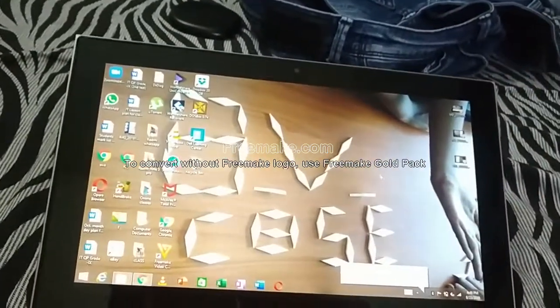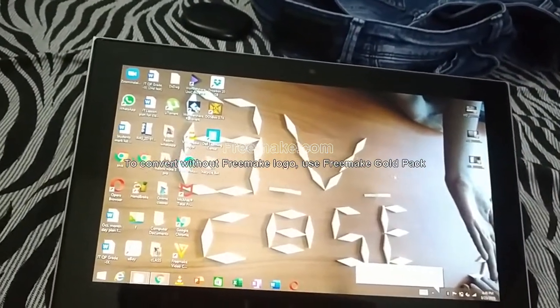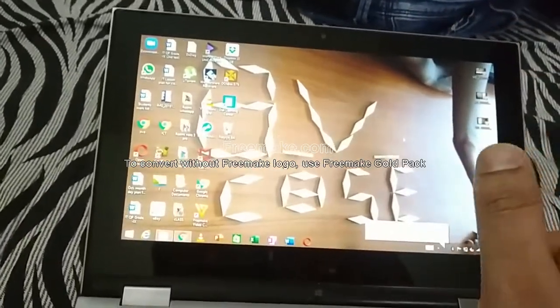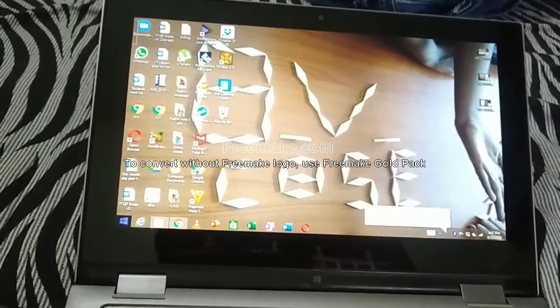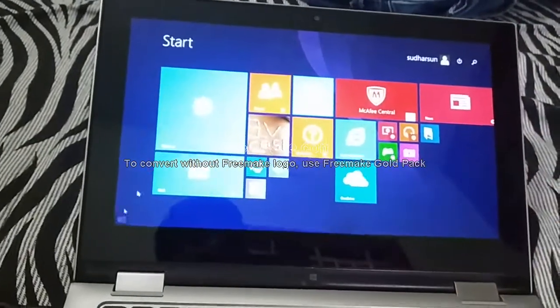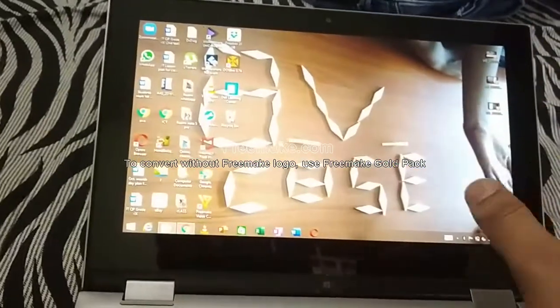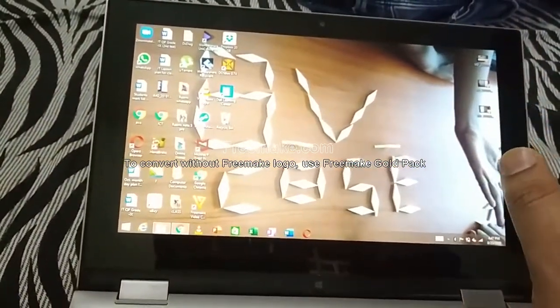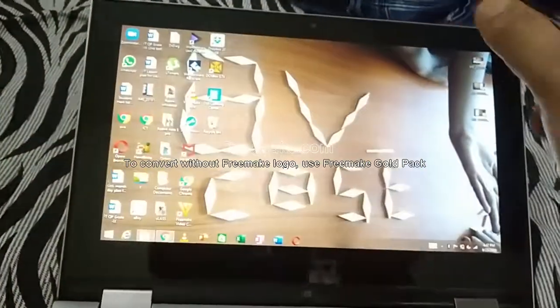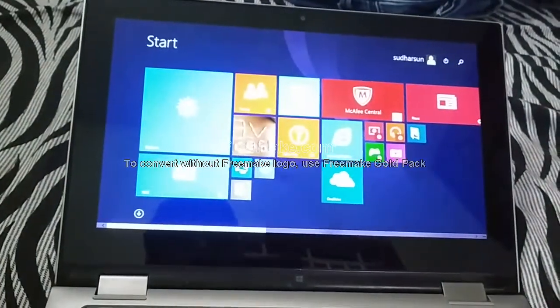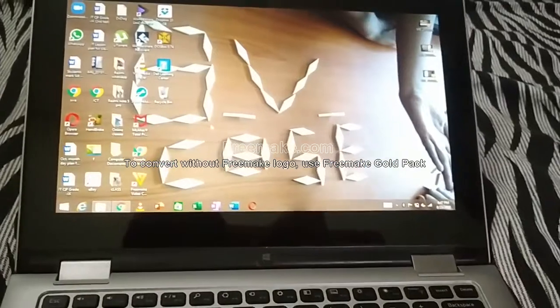After the booting process, the first screen you see is the desktop. This screen is known as the desktop screen. In Windows 7, if you open directly, it will go here only. Since it is Windows 8, it comes like this, but in Windows 7 it will be like this only.